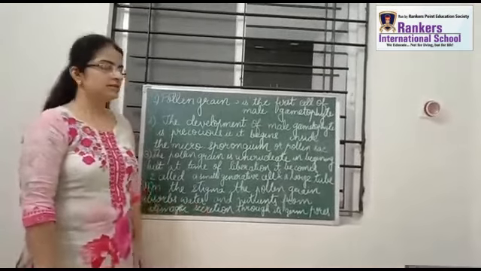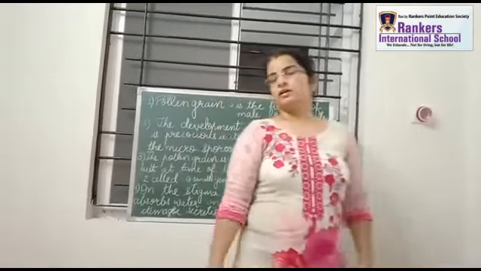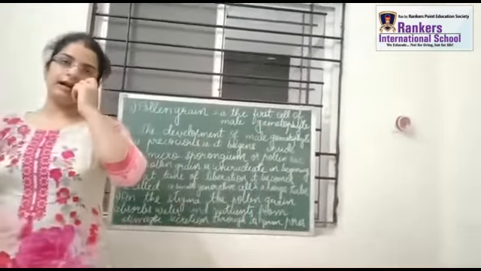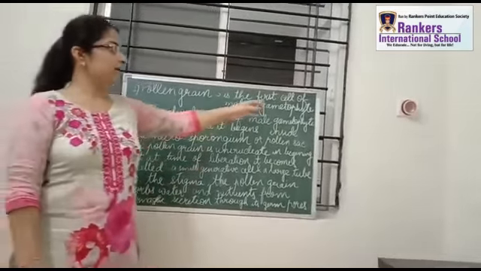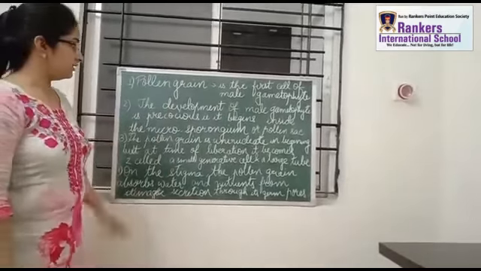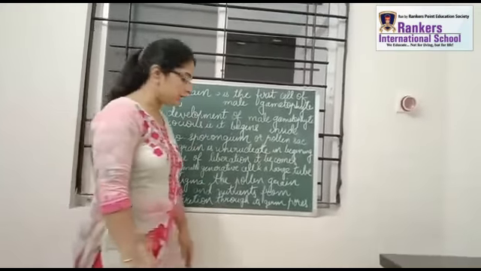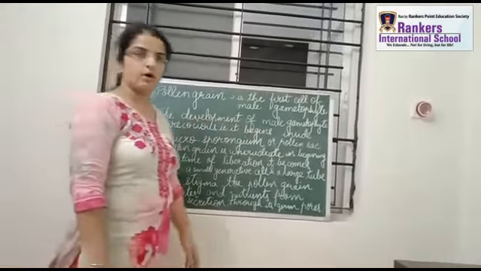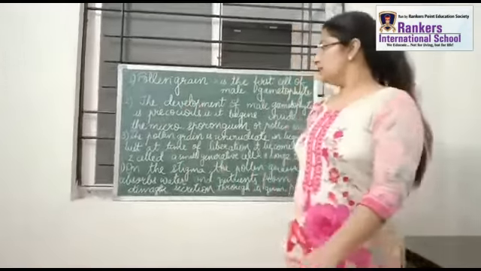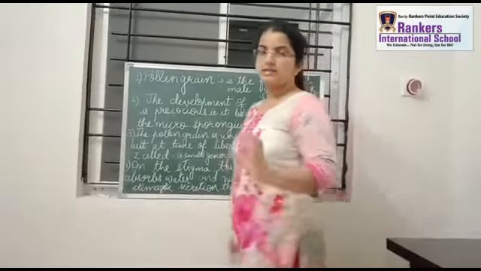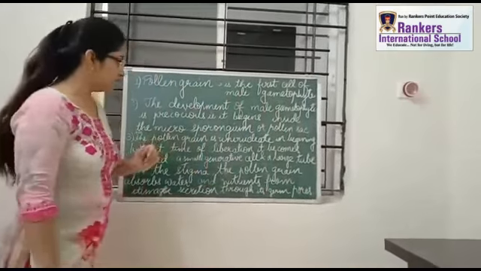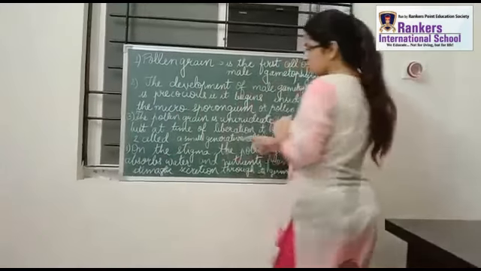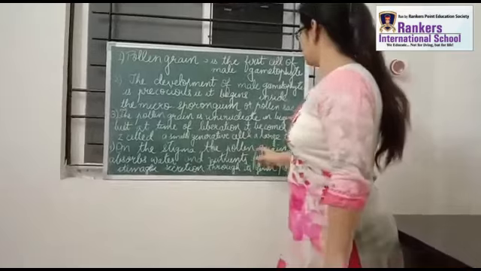Here are some more points regarding the pollen grain. It is the first cell of the male gametophyte. Before entering the pollen tube, it is called the male gametophyte, and after that, the development of the male gametophyte is called precocious. It begins inside the microsporangium or pollen sac. Third, the pollen grain is uninucleate, meaning it has a single nucleus in the beginning, and at the time of liberation it becomes two cells: a small generative cell and a large tube cell.